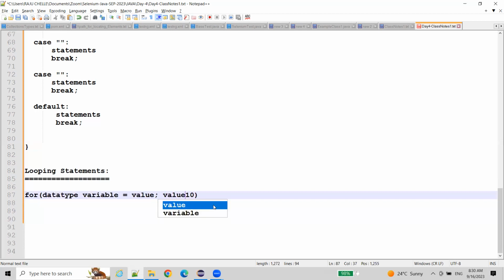Value lesser than or equal to 10, you need to check. Then you need to increment the value. To increment one by one every time, we have the increment operators we discussed yesterday. You can use plus plus or minus minus. This is the syntax. For example,